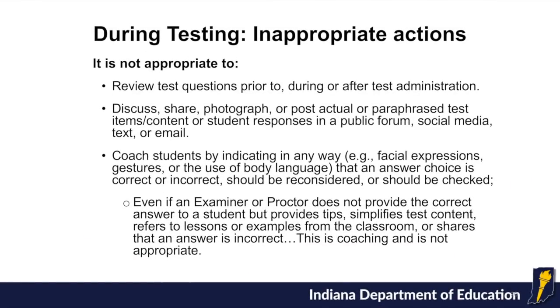There are a number of things staff may mistakenly or intentionally do during testing that are considered inappropriate actions. It is not appropriate to review test questions prior to, during, or after test administration, discuss, share, photograph, or post actual or paraphrased test items or content or student responses in a public forum, social media, text, or email, coach students by indicating in any way that an answer choice is correct or incorrect, should be reconsidered, or should be